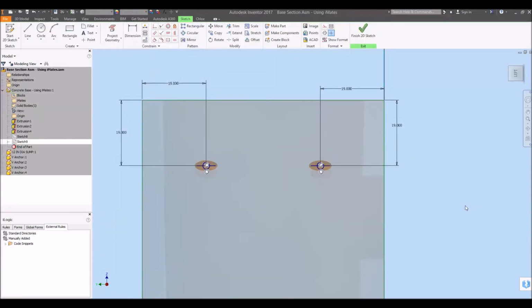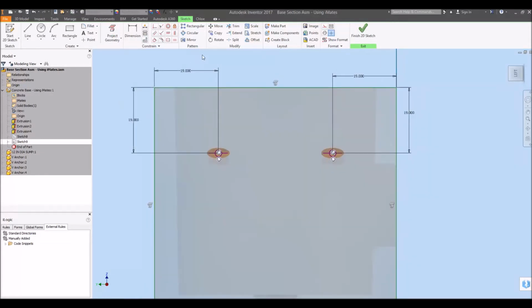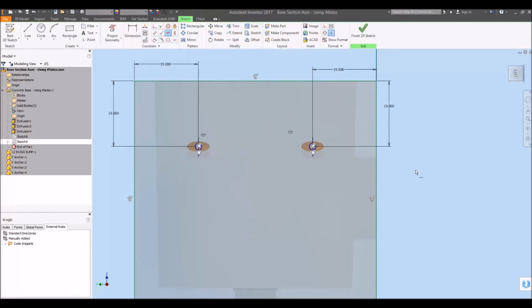I'm going to hit F8 to show my constraints, and right click on these little constraint images, hit delete, find this one, drag it off to the side, hit delete, and then use the correct orientation line to change them vertically. And when I hit cancel and then finish 2D sketch,